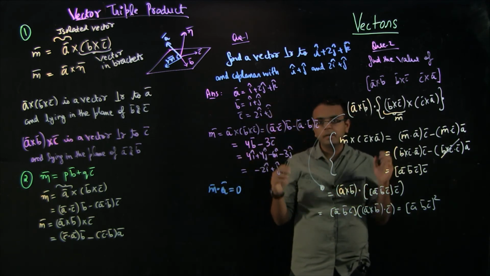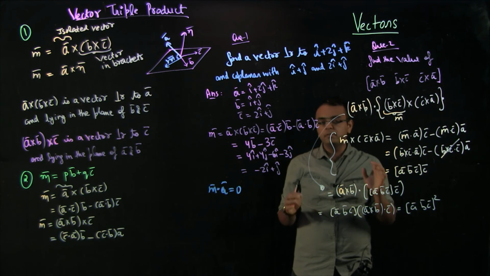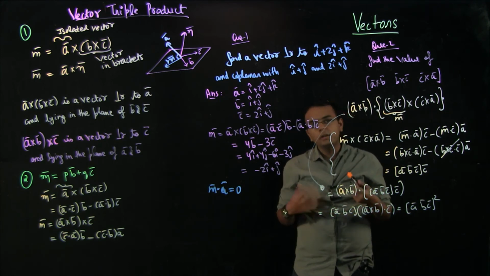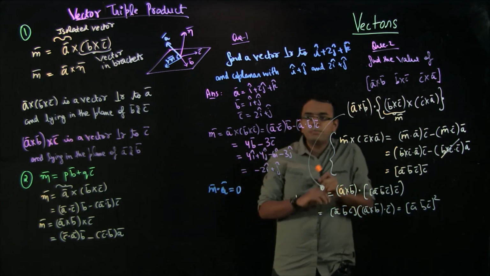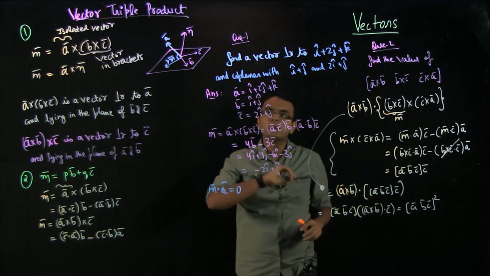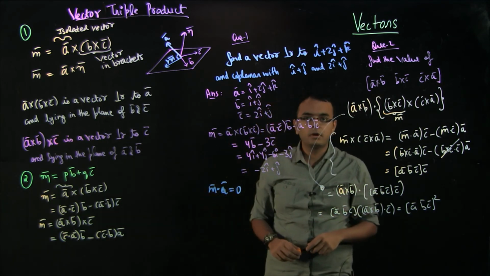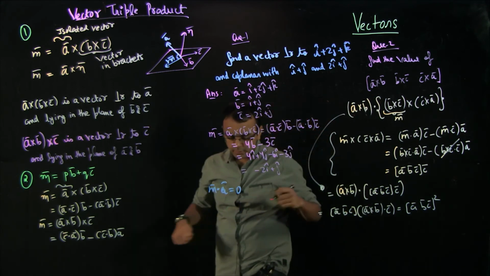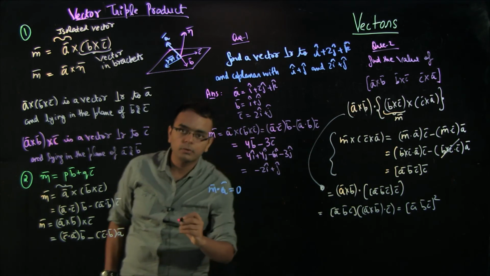It combines the scalar triple product and the vector triple product, and gives you a very elegant answer at the end. I hope that you are now able to understand. These are pure JEE problems. Both of these can come in JEE all the time. Now let us do the last problem, which is a very quick problem I wanted to do.